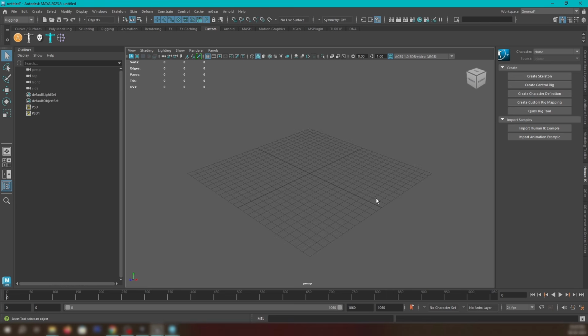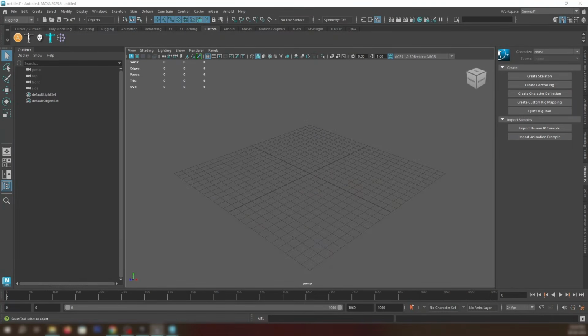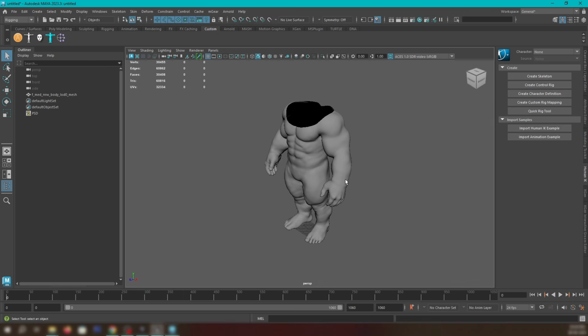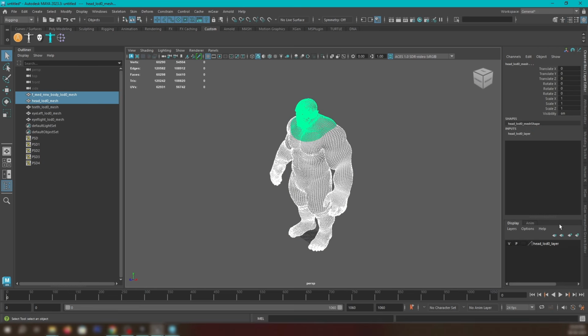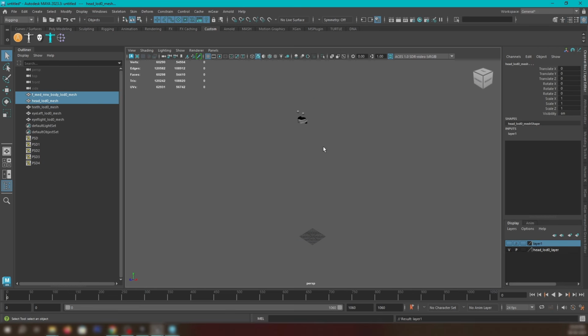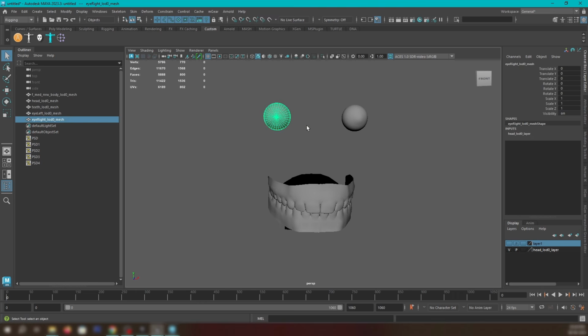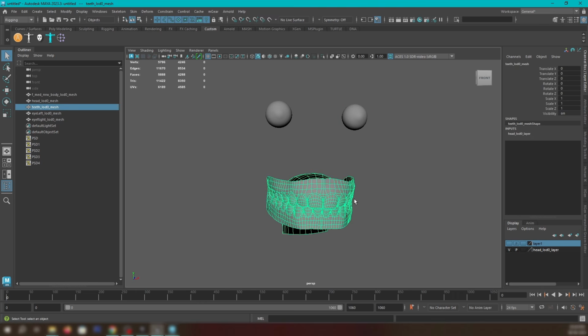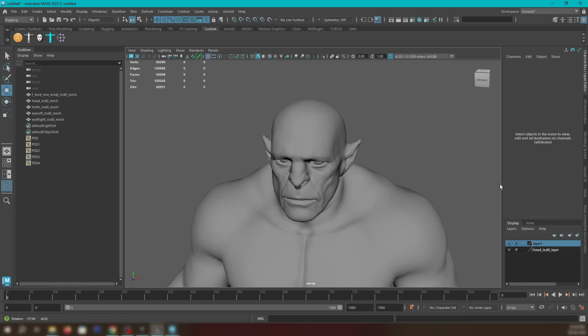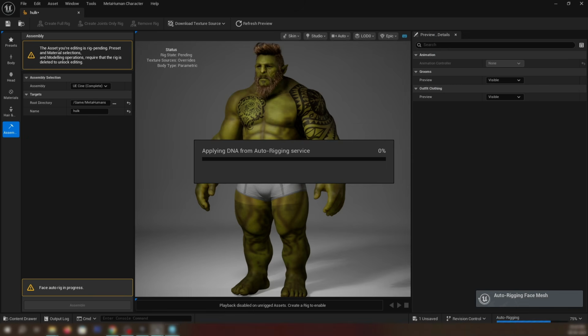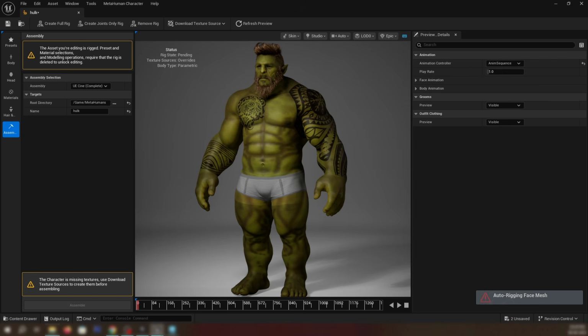So this is the mesh I'm using. I'll show you what the body mesh and the head mesh look like. So this is the body and this is the head, and you need to add the eyes and teeth, left and right, both. These are the 6 meshes. You need to carefully create them in any editing software, adjusting with the mesh you have. So this is the mesh my friend gave me, so I am trying it out on that.